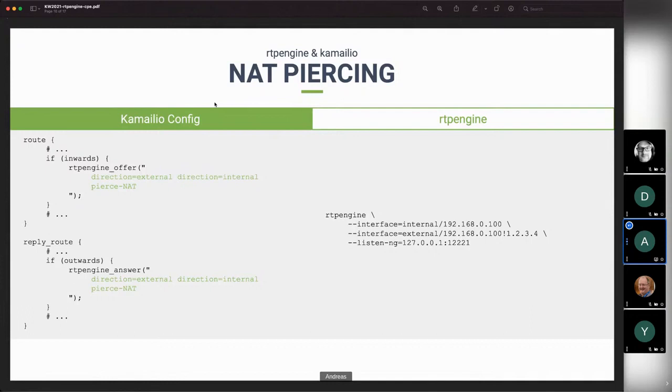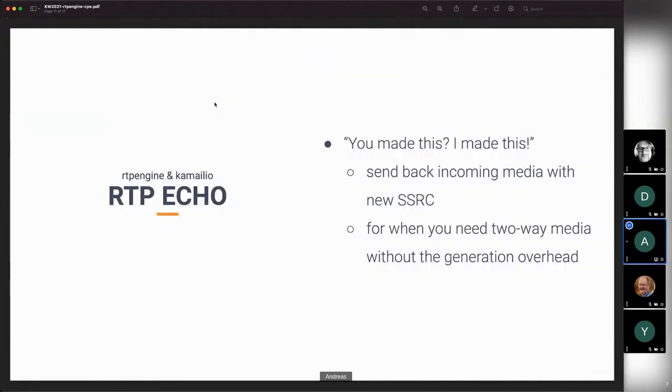All right, and once you have utilized NAT piercing to open up your NAT binding and being able to receive these kind of RTP streams from the outside, you can then actually do RTP echo. So ideally, or at least at ZipFront in our scenario, we are combining these two features, obviously. So we do NAT piercing and we do RTP echo, because in this particular case, when we want to simulate two-way media,